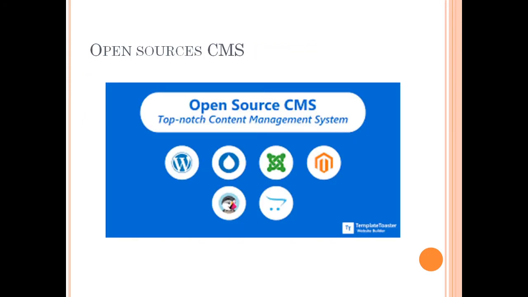Like you have WordPress, you have Drupal, you have Joomla, you have Magento Cart, you have OpenCart and all this, with which you are able to design your CMS. Now what exactly is CMS? It is a content management system which allows you to put your content and manage the system by the cPanel, which is supported by these open sources.